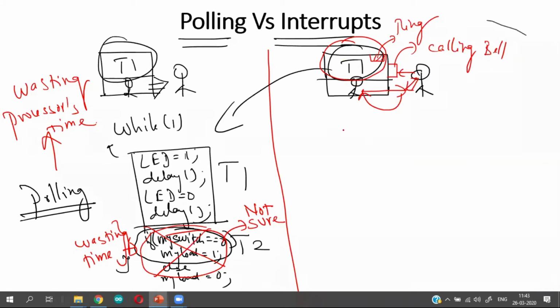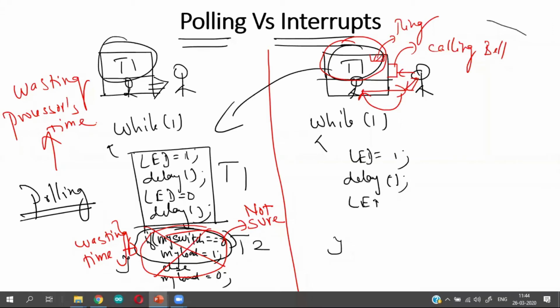Now, how is it done in this case? In a microcontroller, while 1, LED is equal to 1, delay, LED equal to 0, and then I am again passing the delay.